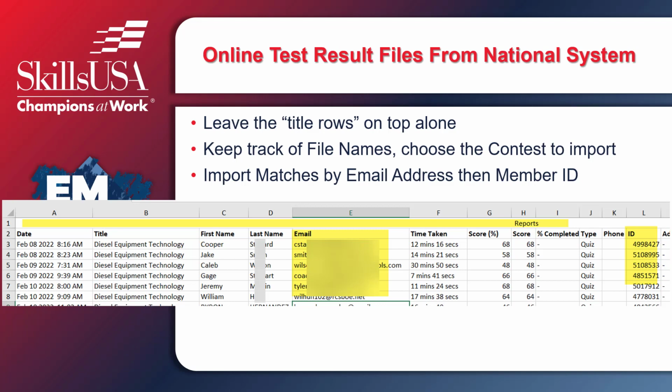contest result. So let's say, for example, you have a diesel equipment test, and all of your diesel equipment contestants are going to take this online test using the national system, and then you'll end up with an export, an Excel file that will look like this. And some of the key things you want to keep in mind about how this works